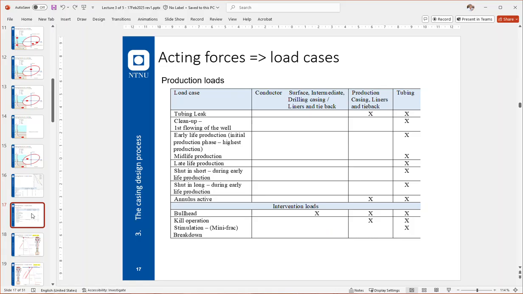Cleanup, that's the first flowing of the well. We have to then consider whatever it is of fluids inside the well and the reservoir pressure in initial pressures. Could be anything inside, could be brine or mud when you start. So basically this is to cover all bases, and any scenario that